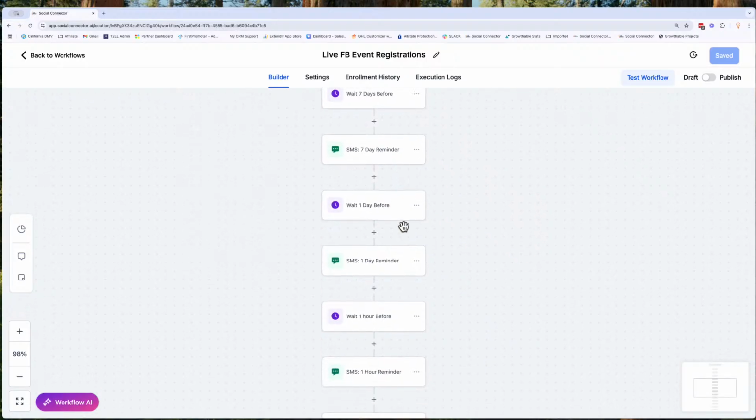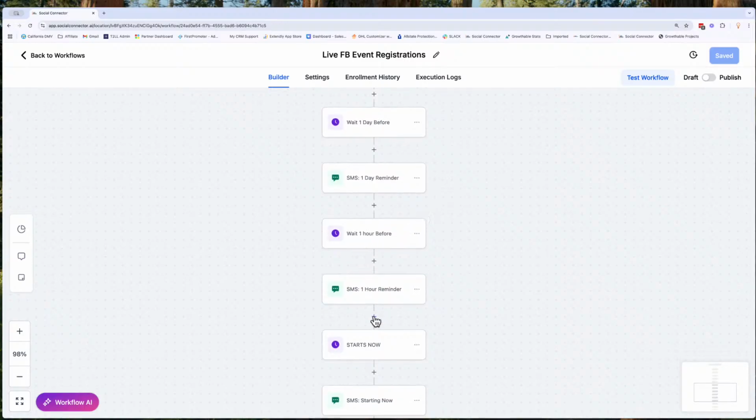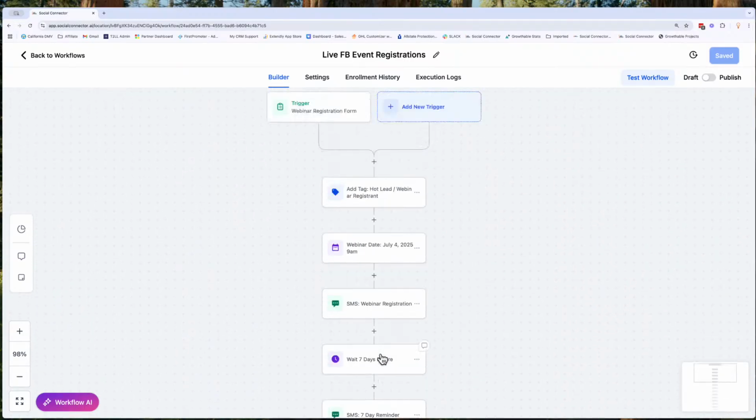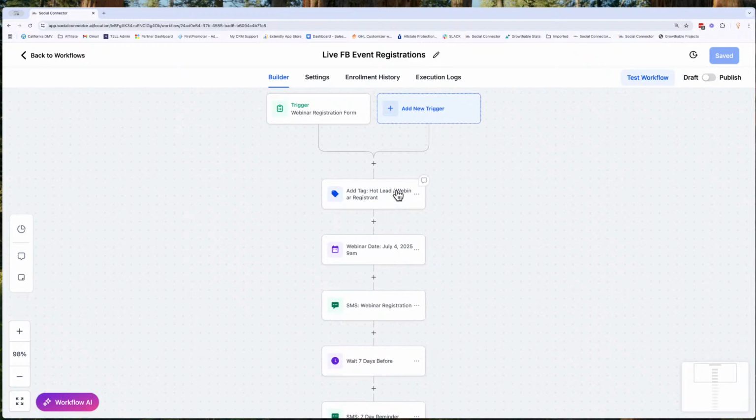It'll skip. So you've learned how to do that, how to set an exact time, and how to do a follow-up after. And you've given it a tag so that when you have your recording from your webinar, you could go in and create an email with the link to the recording and send it to everybody who has that webinar registrant tag. All you have to do now is publish this and you're ready to go. So that's how you create event registrations or other